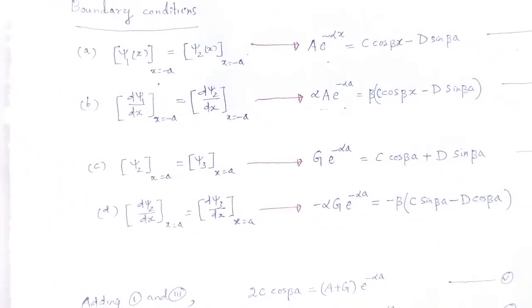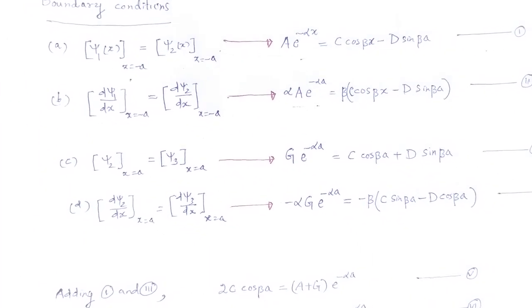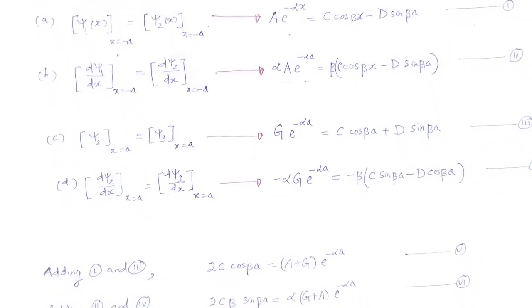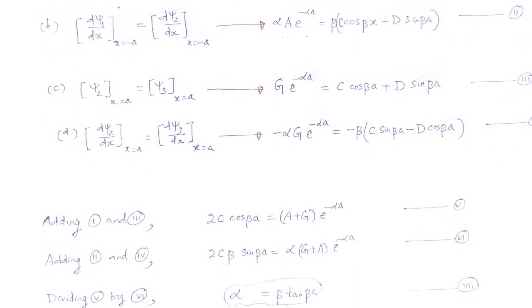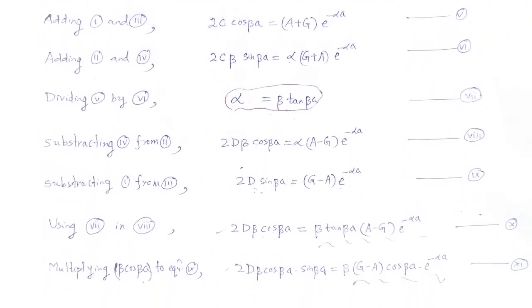And to get the amplitude factors, we use the boundary conditions, and each boundary condition gives a new equation, and after mathematical treatment of these equations, we get